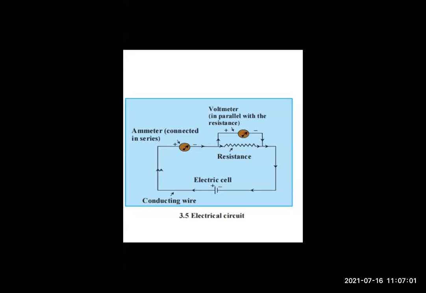Correct. So in this diagram, what is the ammeter used for? To measure the electric current. The voltmeter is used to measure the potential difference. You can see the voltmeter V, which is between the two ends of a resistor. Since a voltmeter has high resistance, what happens? Only a very small current flows through it, right?